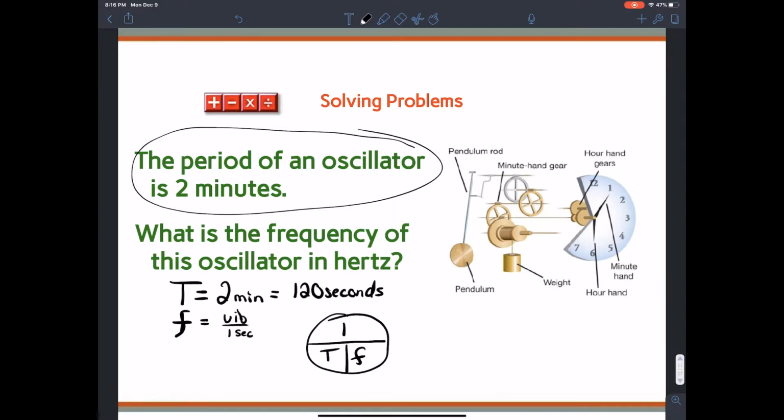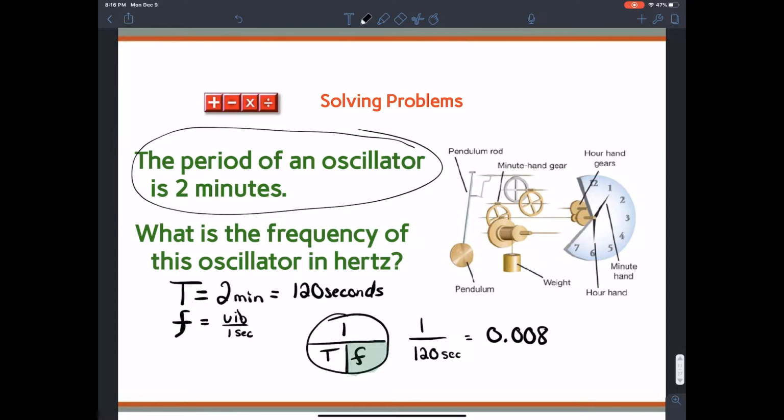Okay, now for the people that need the little circle diagram, here we go. I'm trying to find the frequency of this thing. So if that's what I'm trying to find, I'm going to cover it up. That means I'm going to take 1 divided by the period, 120 seconds. And if we put that into the calculator, we have 1 divided by 120. You come up with